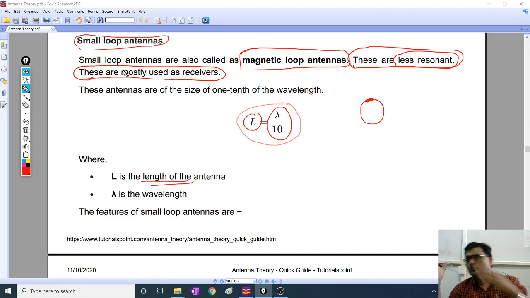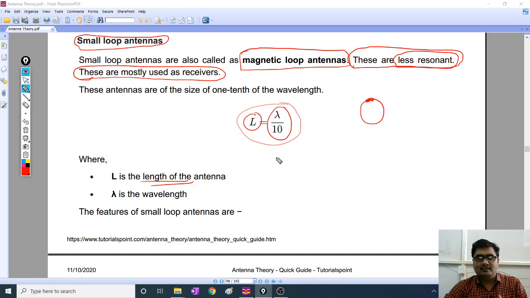Yes, you receive so many frequencies, no problem at all. But while transmitting, you have to transmit only my frequency. It's not good to transmit all the frequencies. It is good to receive all the frequencies. Whatever you want, take it. Rest of the frequencies you can neglect. जो चाहिए वो ले लो. So this is a non-resonant antenna connected at the receiver. It is receiving so many frequencies. जो आपको चाहिए वो ले लो, बाकी सब छोड़ दो. That's what it is. A simple logic.